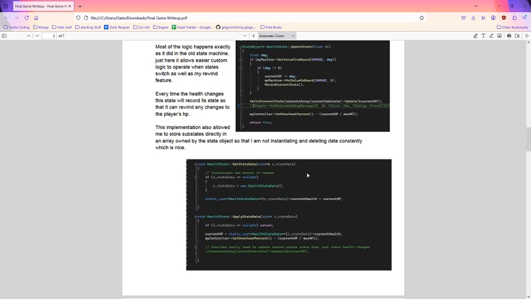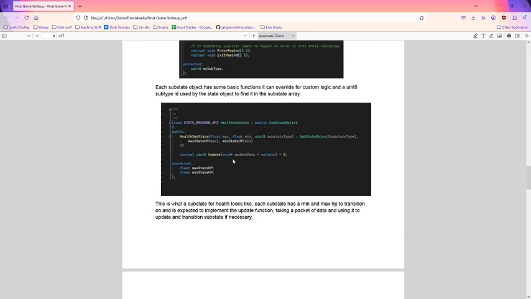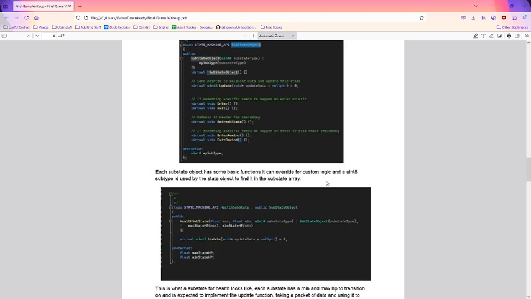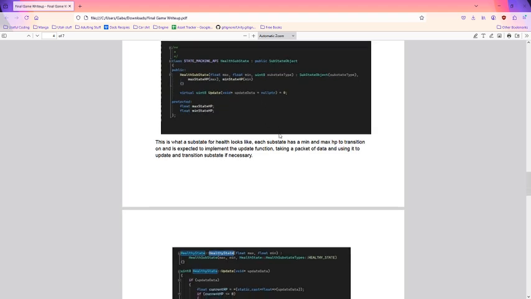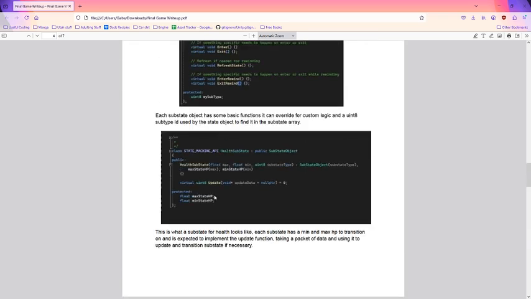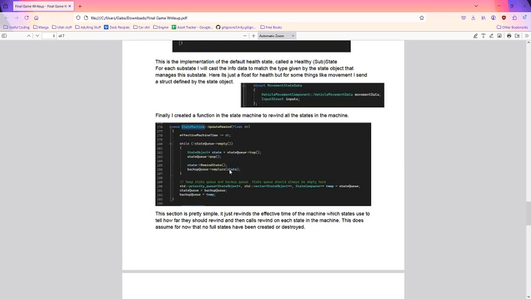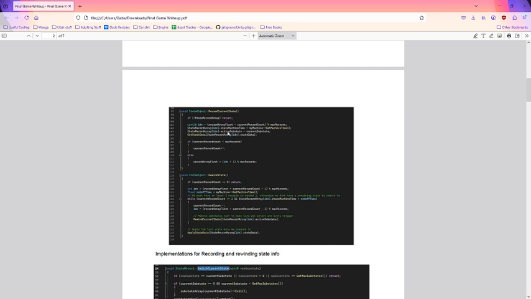So each substate will, if I go down here, you could see basically transitions in and out based on the health you have. And each substate object has its own little custom logic if it needs it. All the HP substates have a min and max transition HP. And then everything else is basically pretty plug and play as long as I do the recording correctly up here. Recording the actual data and then rewinding them based on the amount of time that's passed,